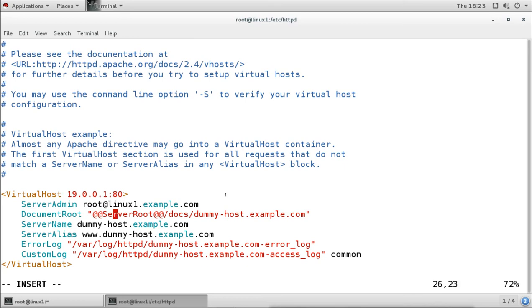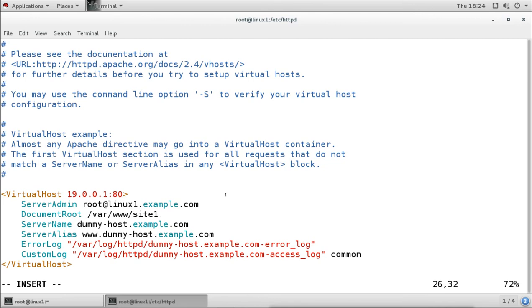Now the document root directory. Now if I don't mention any directory here, it is going to take the directory of the default document root directory. But I want to create the different site in the different directory. So I will mention the directory for my site will be under the default data directory in the var www, and this will be my site 1. Now the directory is not there, I have to create the directory and also I have to create the data in the directory.